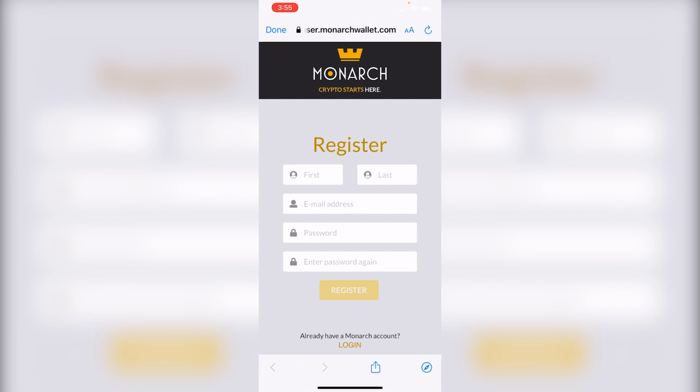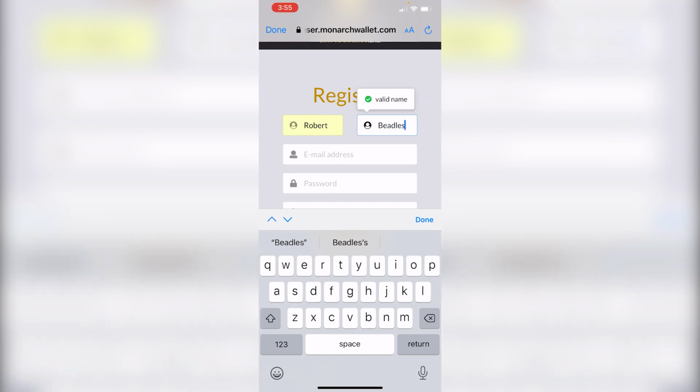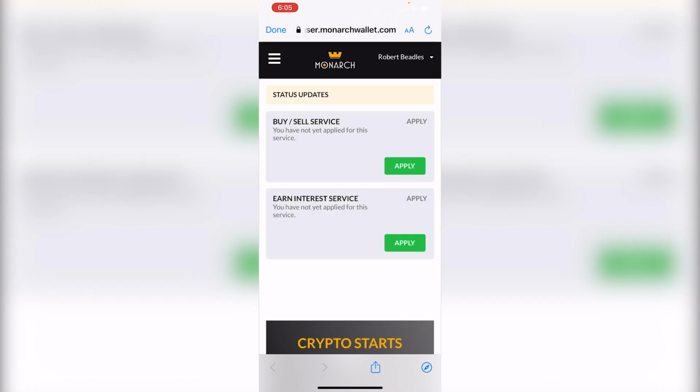So make sure you have your driver's license and all that stuff ready. It takes about anywhere from 3 to 5 minutes to fill it out. So, you just fill out the fields. After you've created your account by simply putting in your name and your email address and creating a passcode, it's going to send you over to this screen where you can apply for the various services